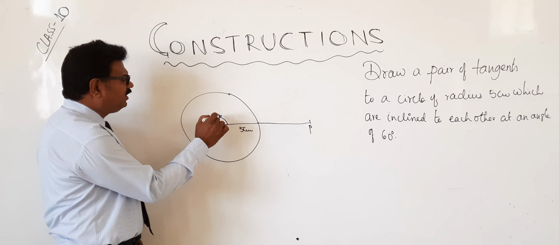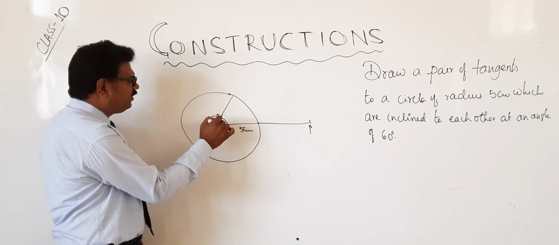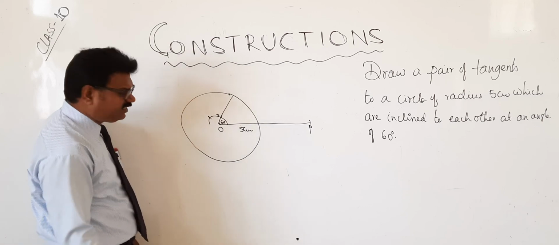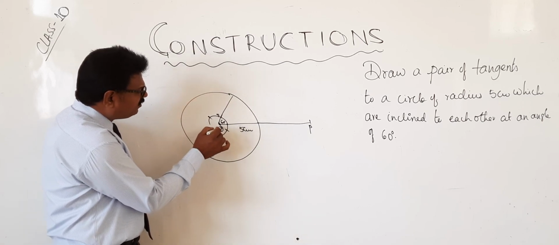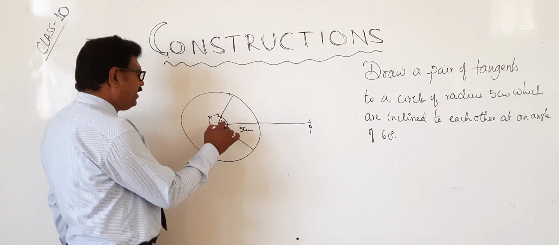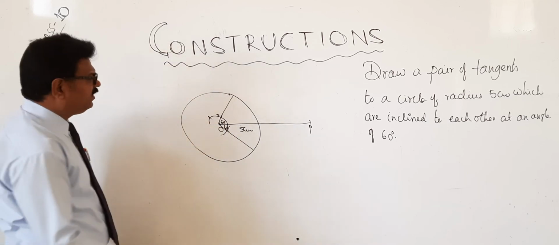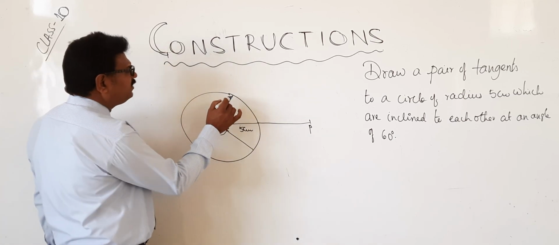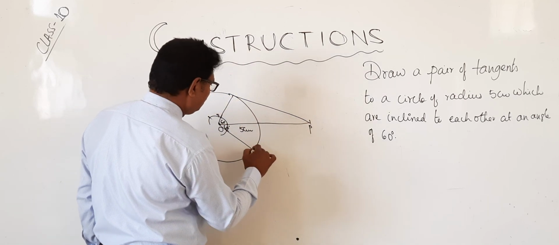Divide this into 3 parts. First part will be like this. It is nothing but how much? 60 degrees. Repeat the same thing. Cut. Over. Okay? 100%. What happened? 60 plus 60, it is 120. Now where will it join? Just join this, that's all.